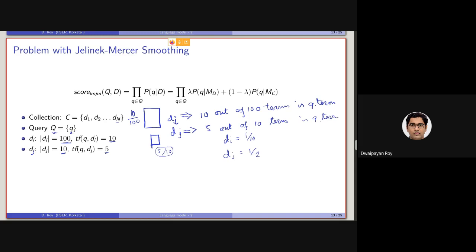Let's consider a query term Q, and a document which is containing two terms, Q and some other term. Now again, one out of two terms is the relevant query term here, but still this should not be a relevant document. Let's say I'm searching for, say, maybe cricket,